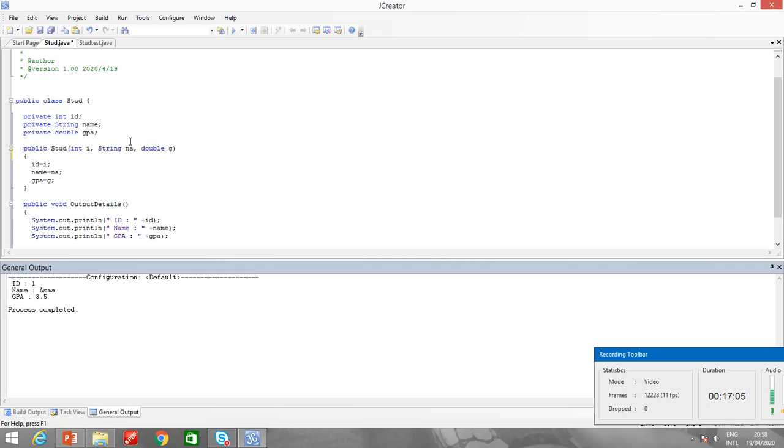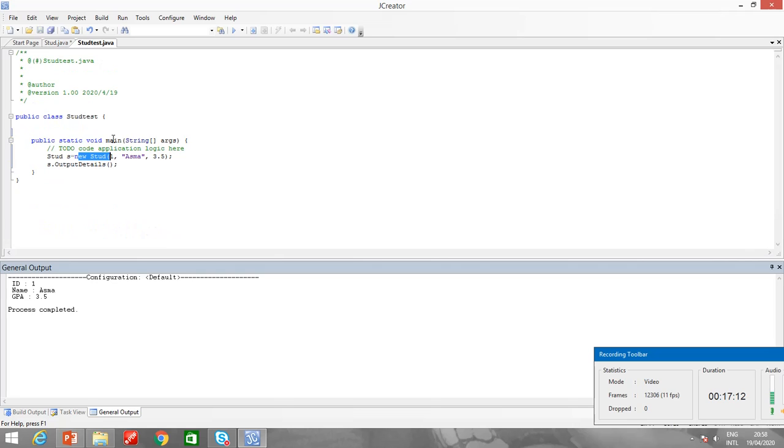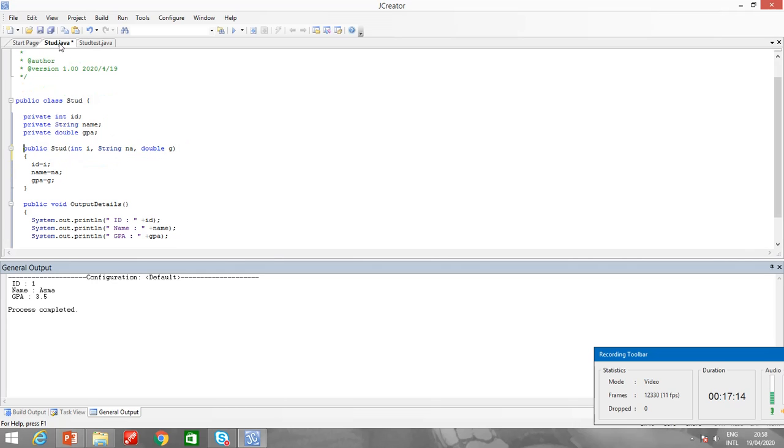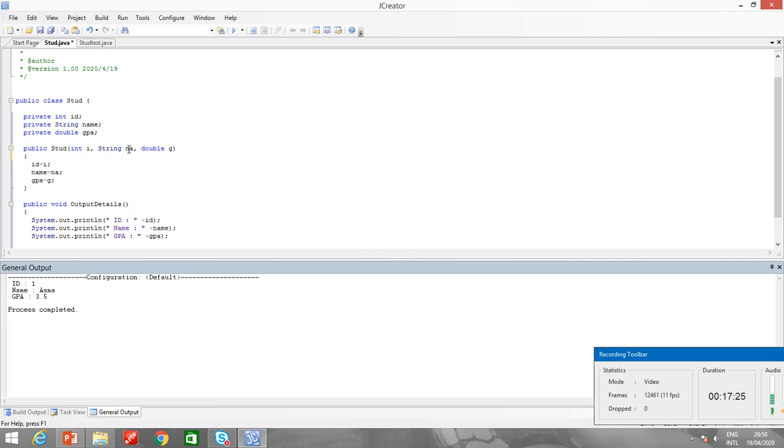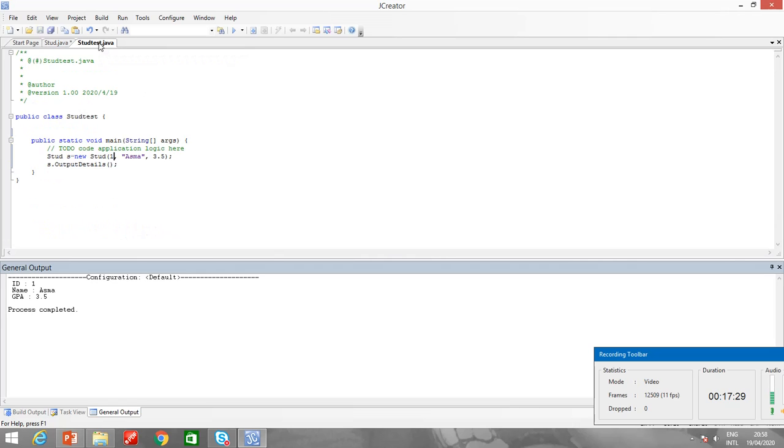Now one thing more, the same rules apply as we have seen in the method. The arguments should be passed in the order of the parameters. For example, first I have declared int I, that means the first argument should be an integer. The second argument should be a string, the third argument should be a double, and there should be 3 arguments.